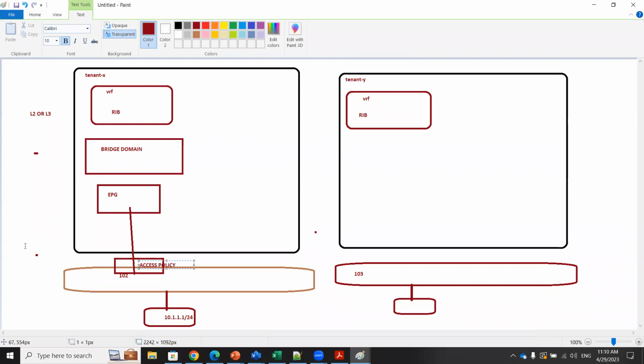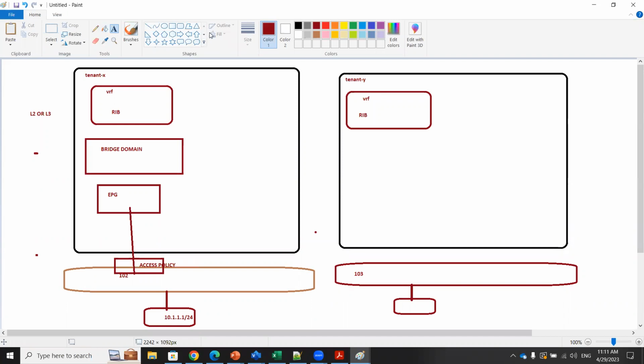Access policies. So when traffic first hits this, what will it check? The access policy, right? In the access policy, it will check various types of information. It will check the global policy, the interface policy, and the interface profile. Three things, right? Then if these all are checked, the traffic will be redirected to the